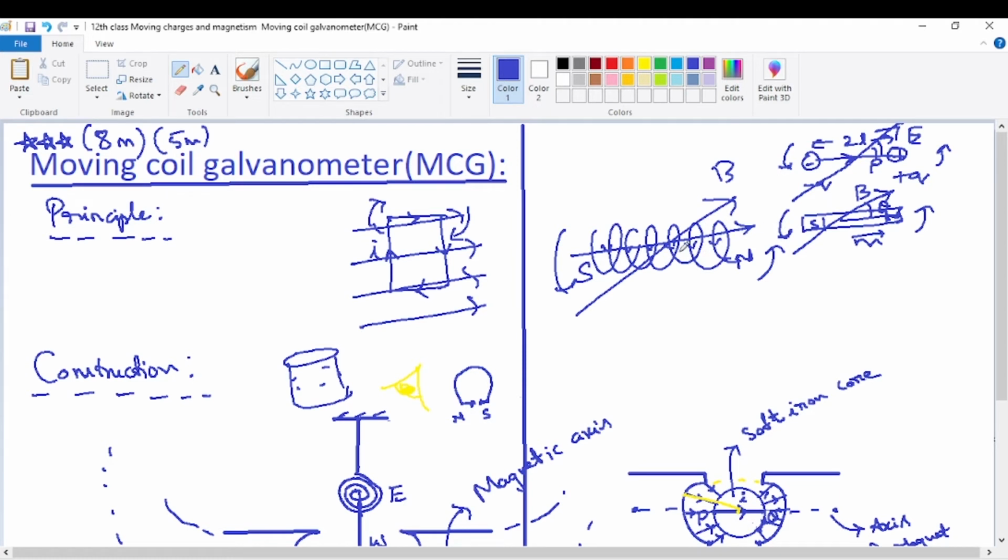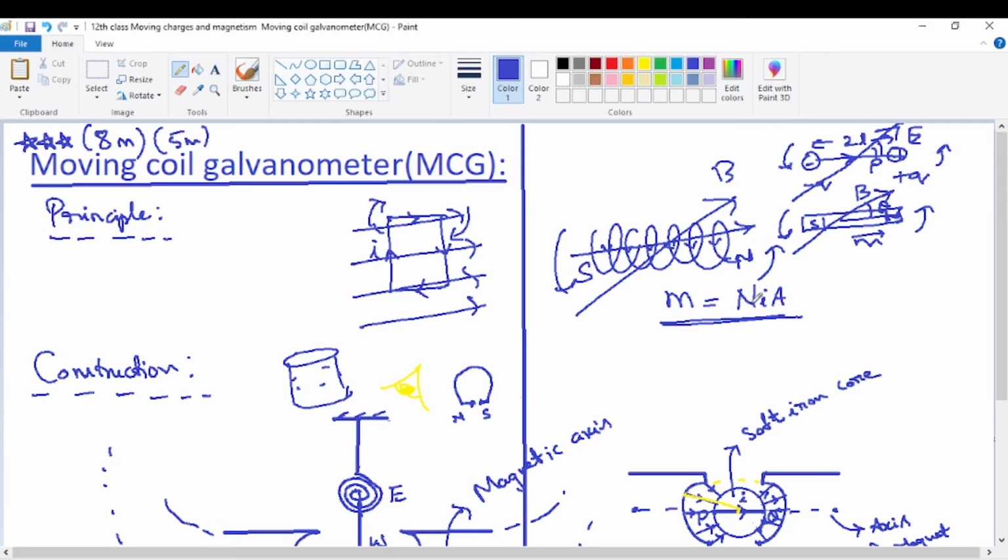Many details. What is the magnetic moment of a circular coil? The magnetic moment of a bar magnet we have already seen in the lesson magnetism and properties of matter. The electric dipole moment of an electric dipole we have also seen. Then what is the magnetic moment of a circular coil? This is also proved from the derivation of the magnetic field on the axis of a circular coil. It can be shown that the magnetic moment is exactly given by NIA. This is a very important formula, the magnetic moment of a coil carrying current.